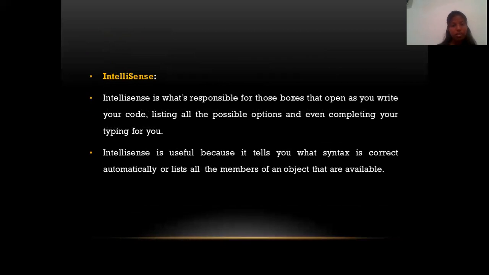The next part is IntelliSense. IntelliSense is responsible for those boxes that open as you write your code, listing all the possible options and even completing your typing for you.